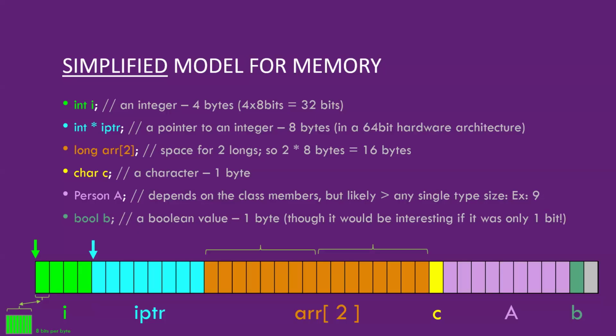So pointers, because they have to be able to send us to any location in memory, must have the exact number of bits that the architecture has. If we're on a 64-bit architecture, our pointers must have enough space to articulate every one of those addresses in memory. So we can jump anywhere we want in memory and go find something. That's what a pointer really is. It's a number, but it refers to locations in memory, and there needs to be a lot of them, right? 2 to the 64 possible places that we can go find stuff.